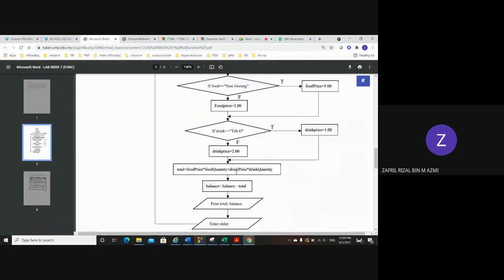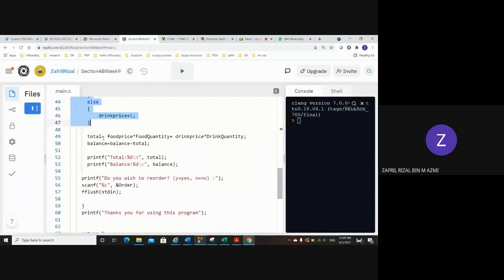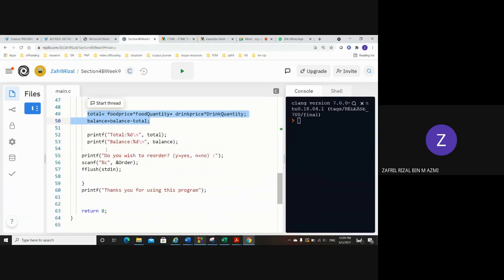And then we have the calculation. Two calculations to calculate total and balance of the top up. Okay, total calculation, total price, then balance, and finally we have output for total and balance. Okay, lastly, before ending